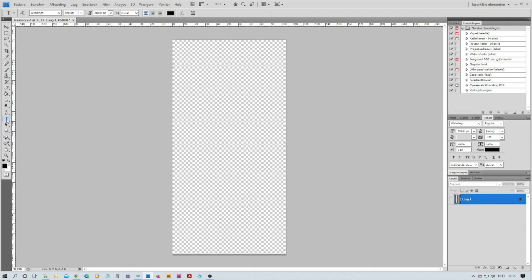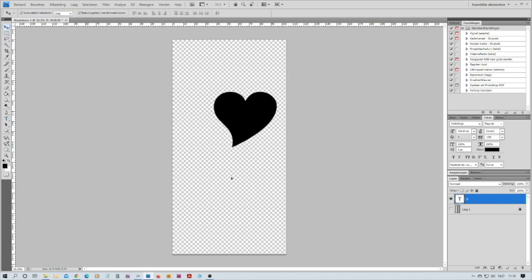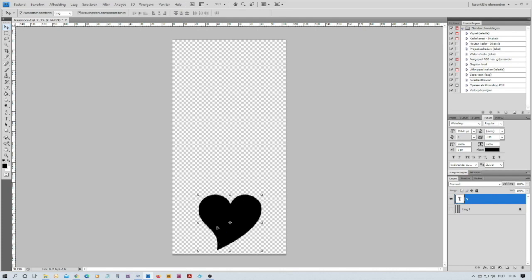I have chosen the text tool, and it's on Webdings, because there is the little heart. I'm going to type the little heart first, and I know it's much too big, but I know that Shift Y is the little heart, or the big heart in this case. I'm going to make it a little bit smaller later on, but now I'm going to type the text MM,